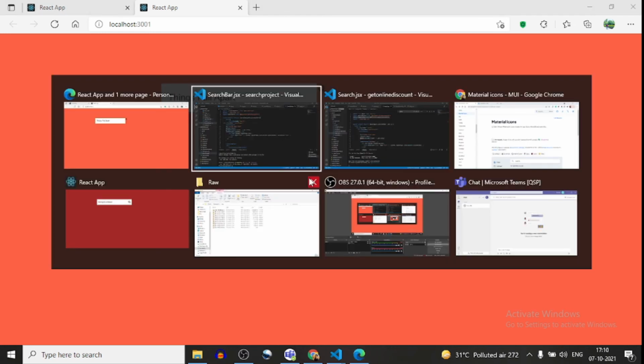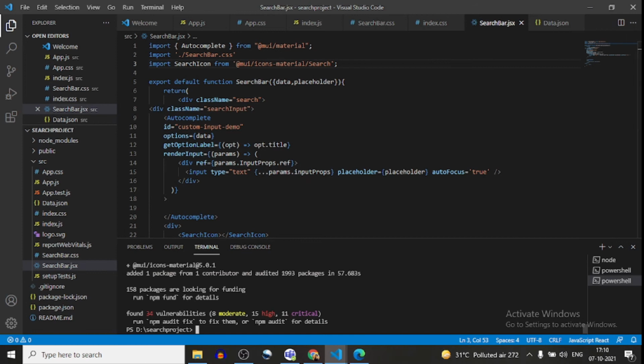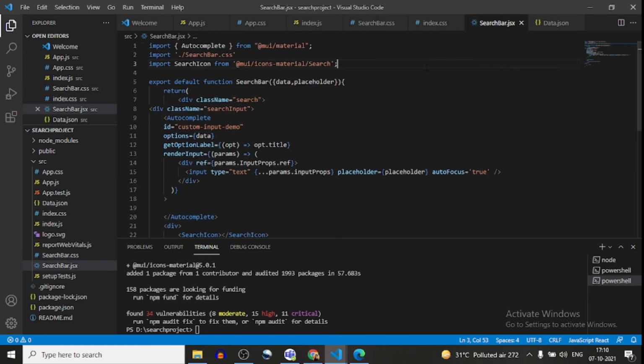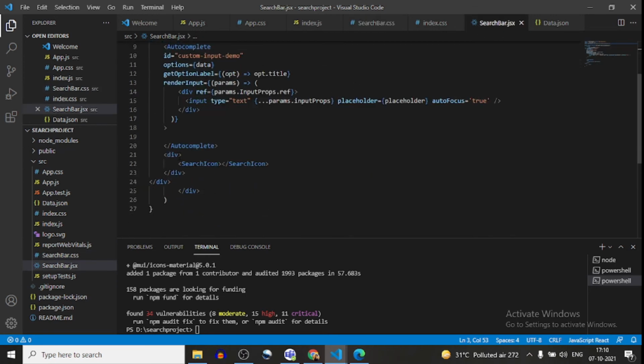So for that we have to write the CSS for the icon. Let's go to the CSS, and here I have to apply a class search icon. Class name equals search icon.